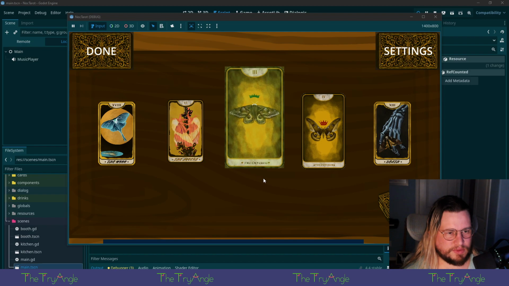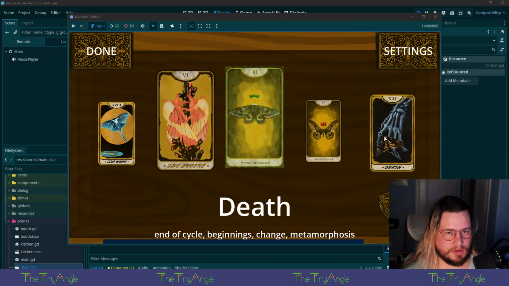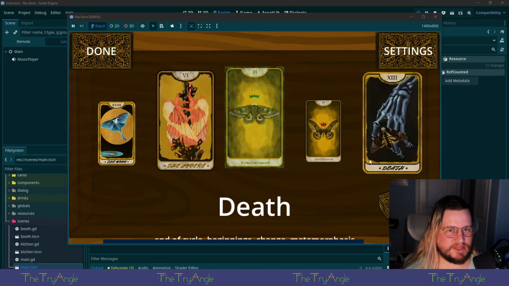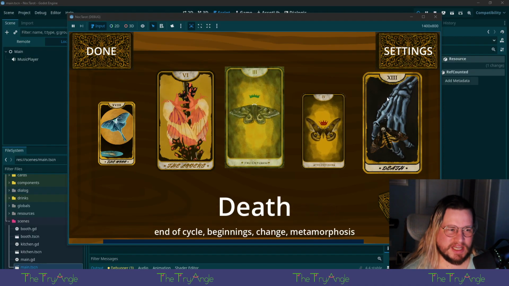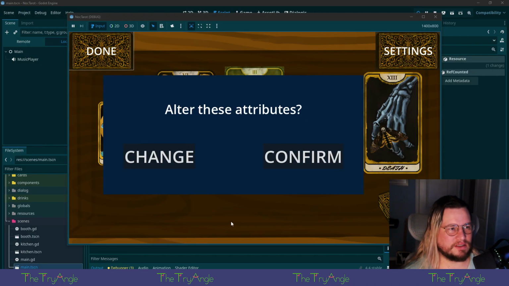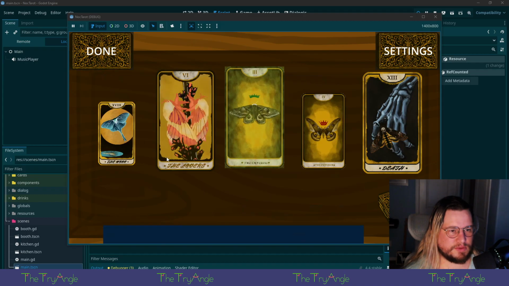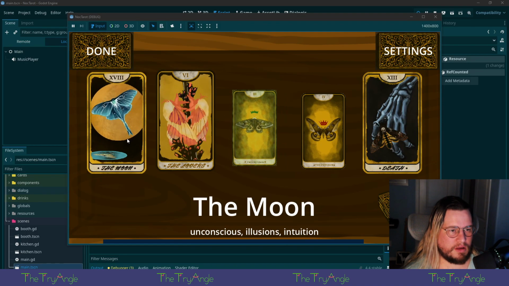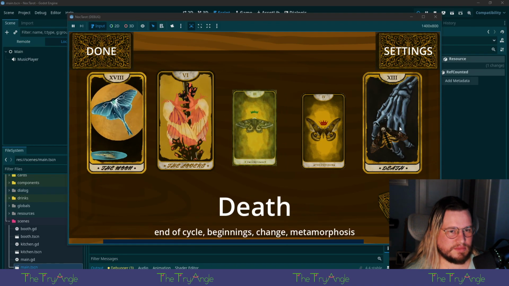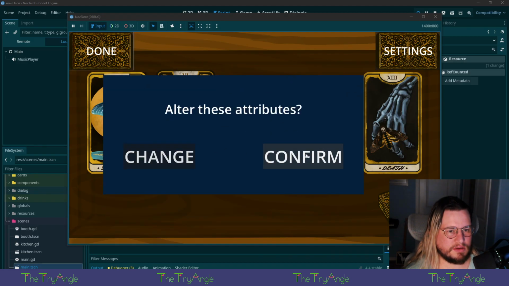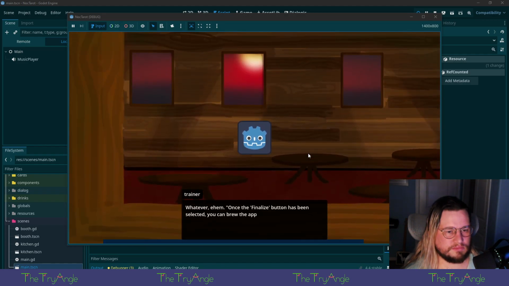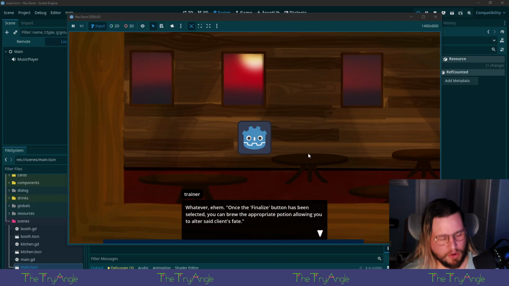Click the finalize button when you're ready. Man, these are so nice. Look at that skeleton hand. Alter these attributes. I mean, it still mechanically works. I suppose we don't really need a dialogue box if you're going to hit a button that just says you're done.